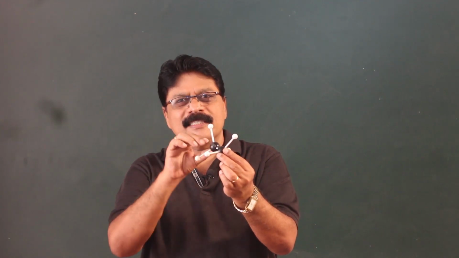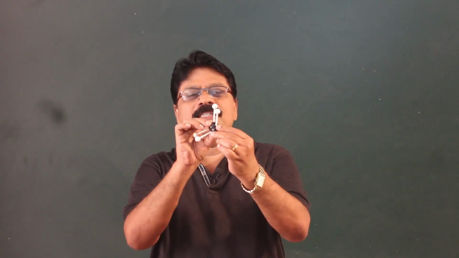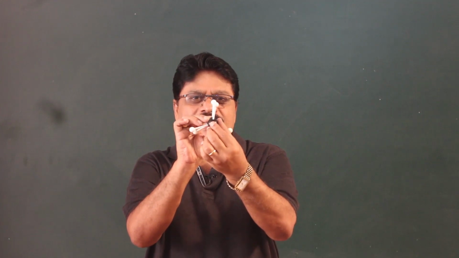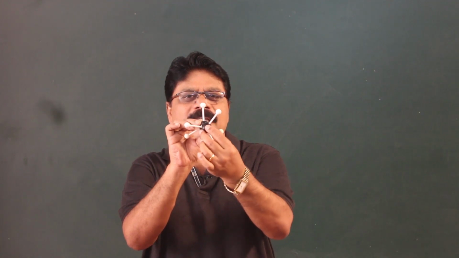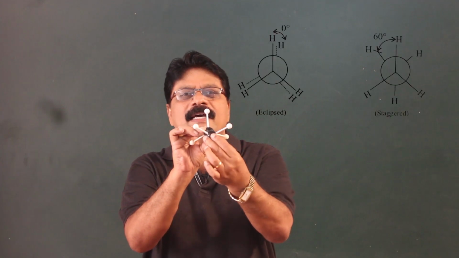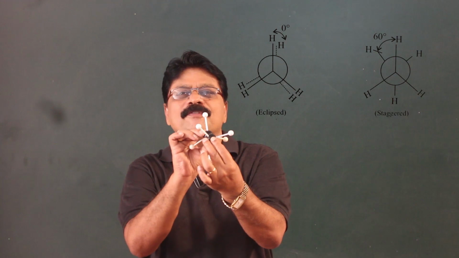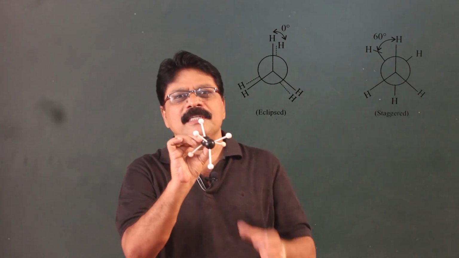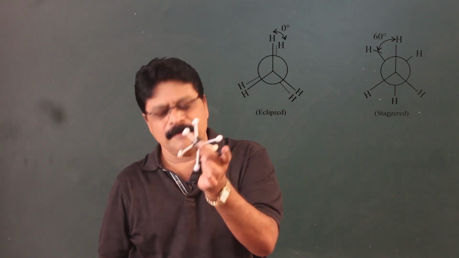But on analysis, you can find that among the infinite number of different stereoisomers, there are 2 distinct forms. One is called the eclipsed form, the other is called the staggered form. In the eclipsed form, all the atoms are close to each other, greater repulsion, greater torsional energy, less stable. In the staggered form, they are apart, less repulsion, less torsional energy, more stable. So, the staggered form is more stable than the eclipsed form. This is the simplest isomerism among the conformational isomers.